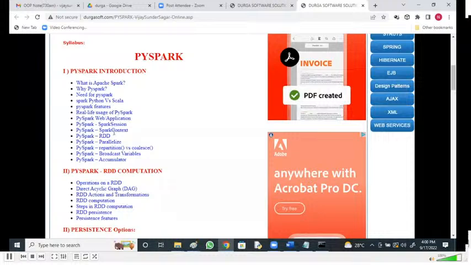Real-time research, PySpark web application, Spark session, Spark context, Spark RDD, parallelizing, repartition, broadcast variables, accumulators, PySpark RDD computation.